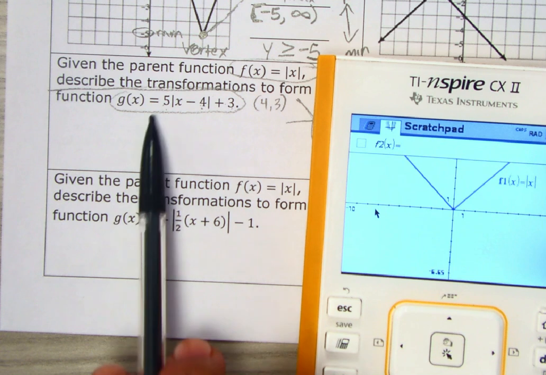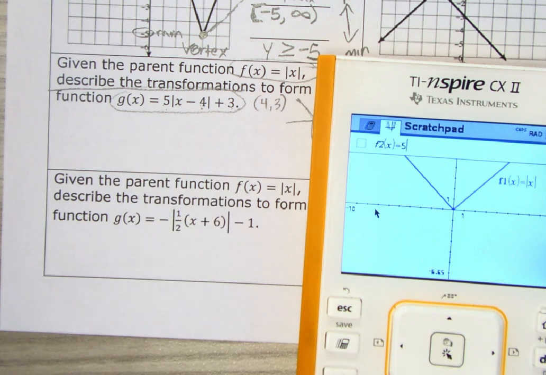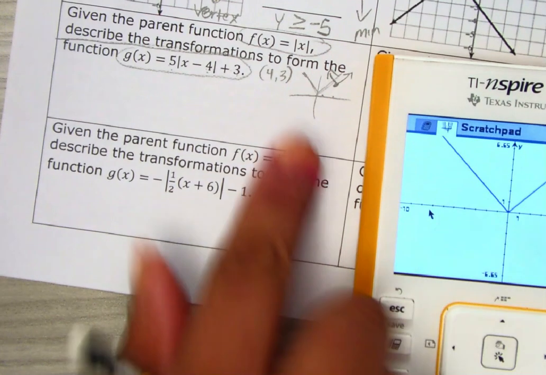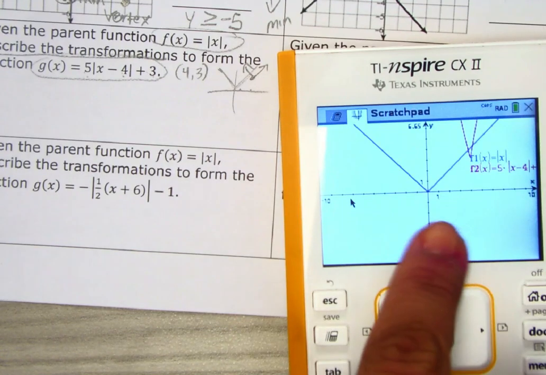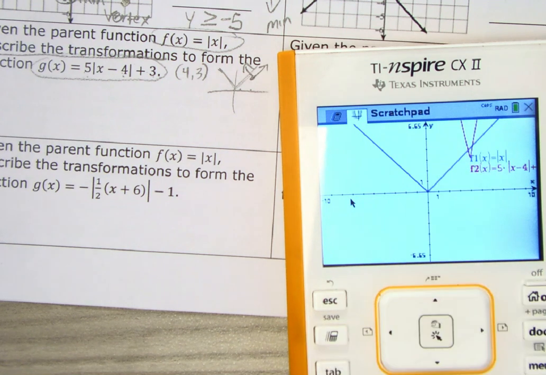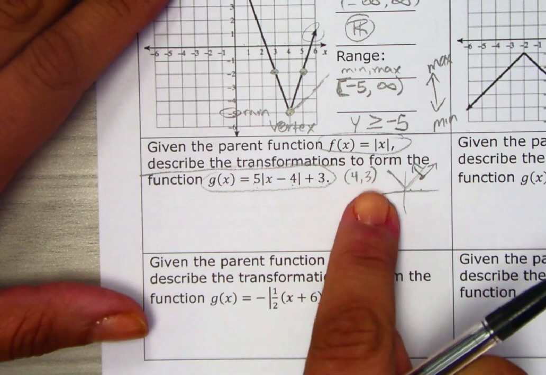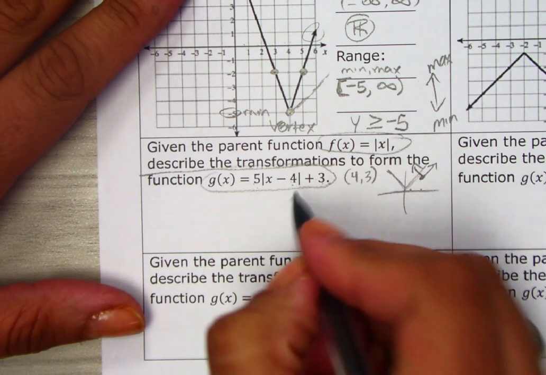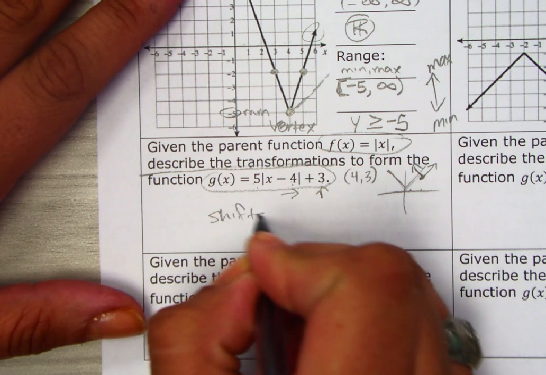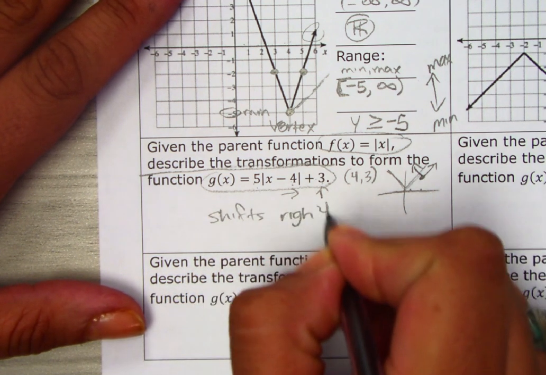And then I'm also going to graph the equation they give me, so 5 absolute value of x minus 4 plus 3. And as you noticed, it follows the sketch I have right here, where it did move to the right and up and it just becomes thinner. So our transformations here were that it shifted to the right, and we can go by the h value right here, and then up. So it shifts right 4 units,